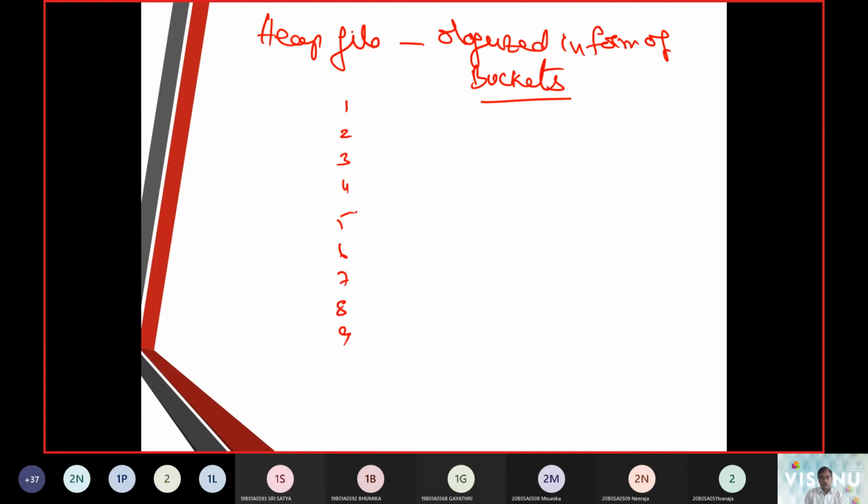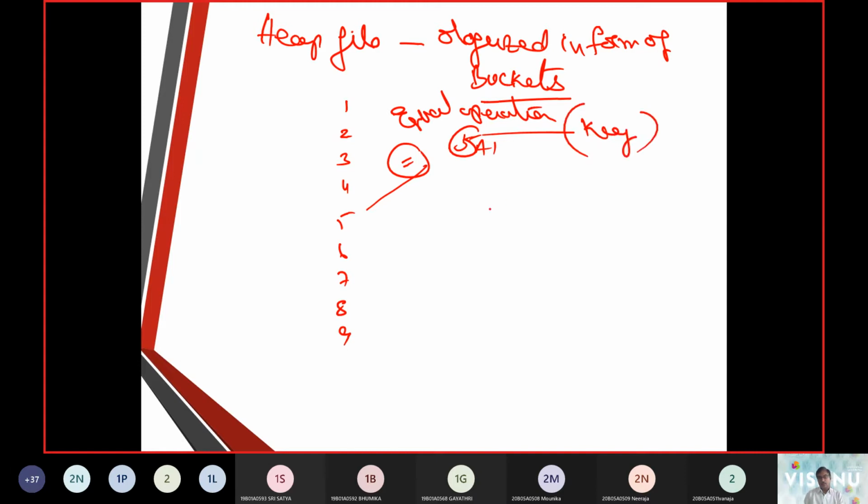Then if I call up 5A1, now we make an equal operation with 5, it is assumed as a key. 5 is assumed as a key, and then we put this 5A1 in this bucket.